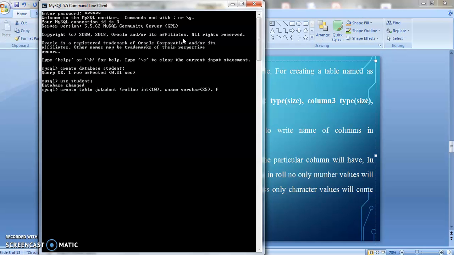Third column I am giving F name. F name stands for father name. You can write the full father name. But there is a thing. While you are giving any column name, there should not be any space. Otherwise, it will raise an error. Okay. So father name, again space. Then size. Type of this father name is varchar because it is to store the values in character format. Again, I am giving size 25.